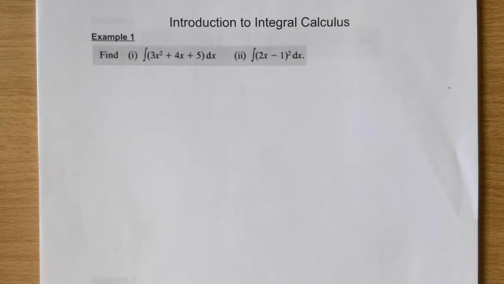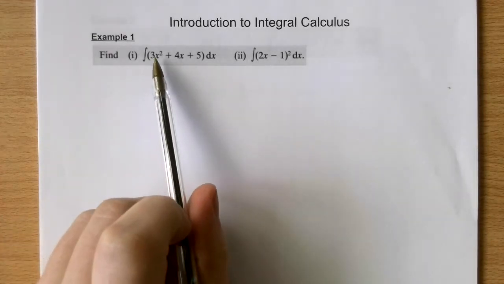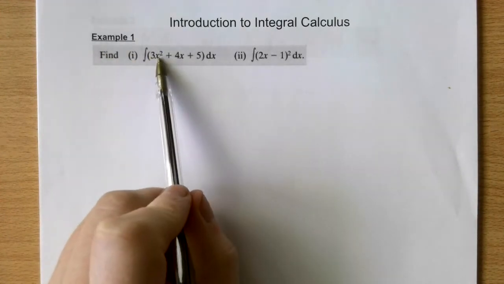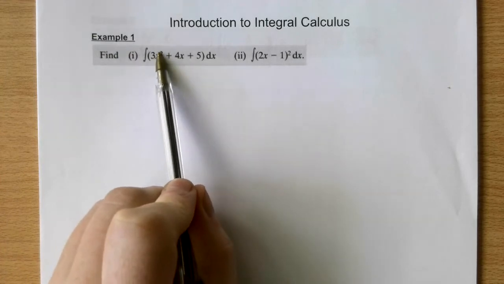Okay, this example is on the introduction to integral calculus. Now, integration is the opposite of differentiation. So in differentiation, you took the power down, you multiplied and you reduced the power by 1. Here you're actually going to do the opposite, where you're adding 1 to the power and you divide by the